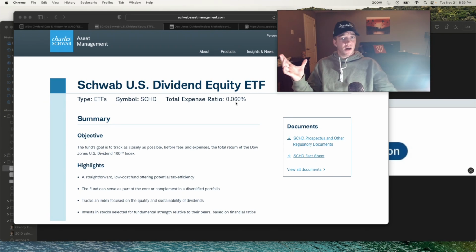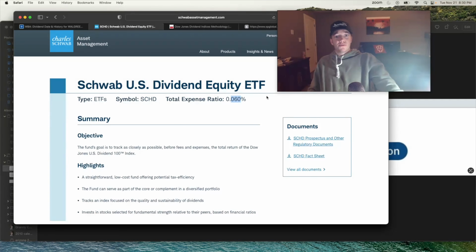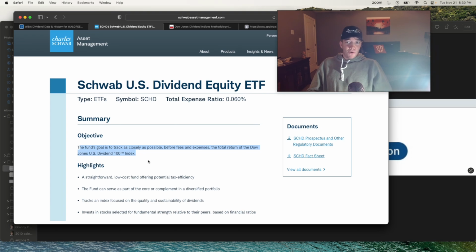It has, I guess, a lower expense ratio in comparison to a lot of other ETFs, at 6 basis points. This is the Schwab US Dividend Equity ETF. We go to Schwab Asset Management, we go to their website, read through here the objective. This fund's goal is to track as closely as possible, before fees and expenses, the total return of the Dow